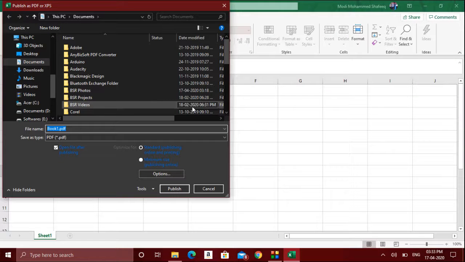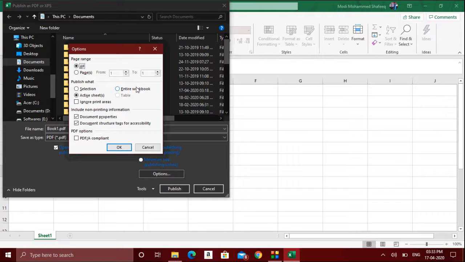Now if I want all the sheets, say 5 to 10 sheets I have created, the total workbook converted into PDF, then before saving you should go to options. There is an option called entire workbook. Click on this option and click OK. Then the whole workbook will be saved.